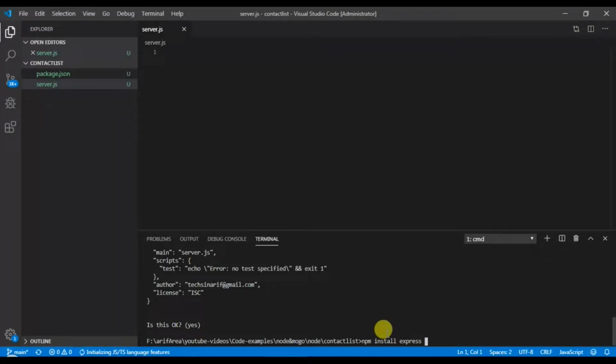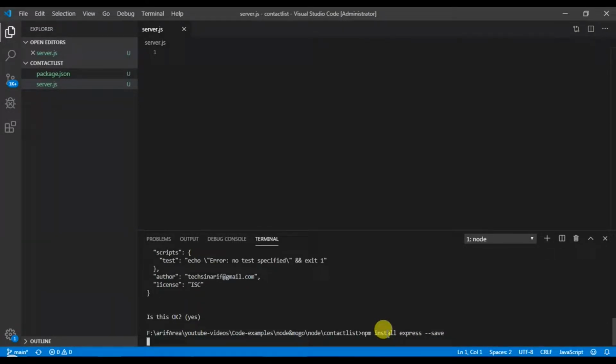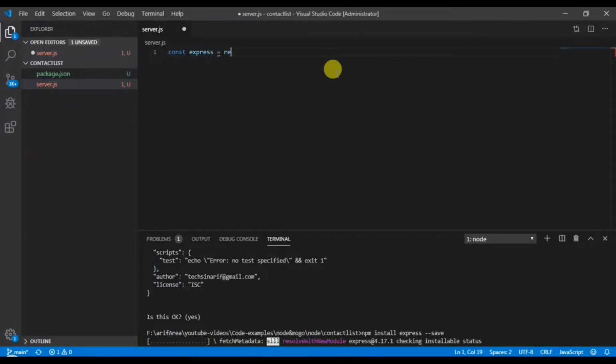Now let me import the Express module to build a server capable of handling HTTP requests and routing. Before importing the Express module, make sure you have installed it locally.